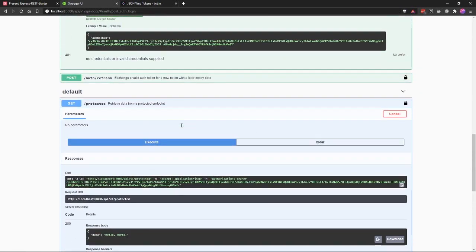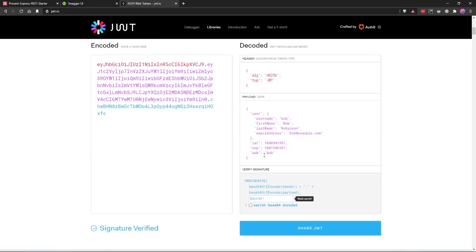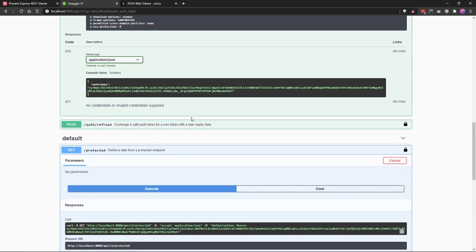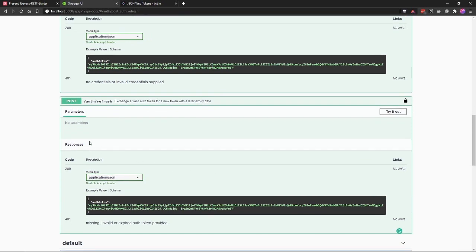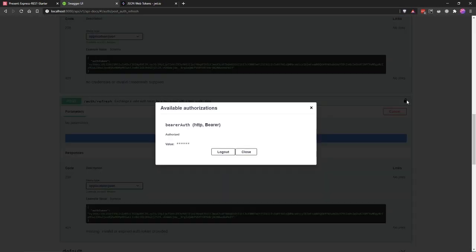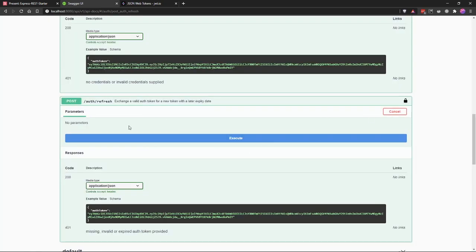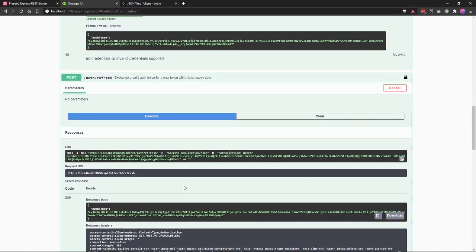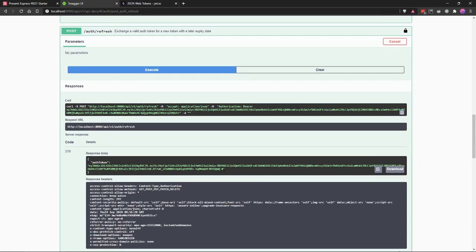Now, the last test is just to make sure that we can get a new token. So again, here we have the issued at 307, expires at 107. And what we're going to do is just exchange this token for another token. So let's try that out. Oh, actually, yeah, the token's already there. And let's go ahead and execute. Okay, and this brings us a new token,